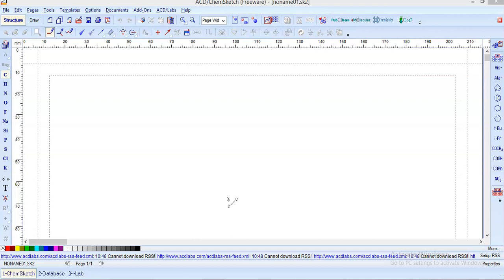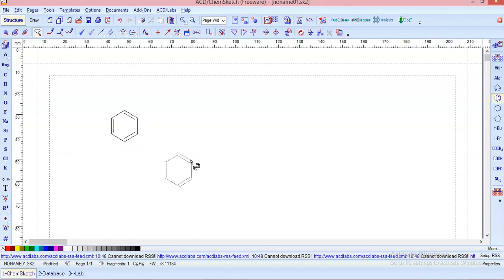In the previous lecture, we understood the various tools in the ChemDraw or ChemSketch software. Today, we are going to see the drawing of reactions and other tools inside this application. So let us consider one reaction: nitration of benzene. You can get a benzene ring from here, or you can draw a benzene ring